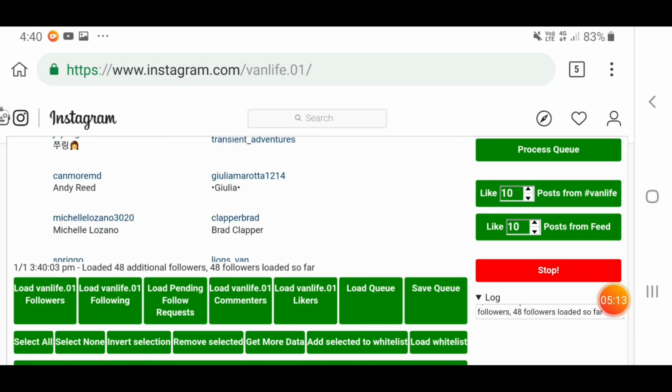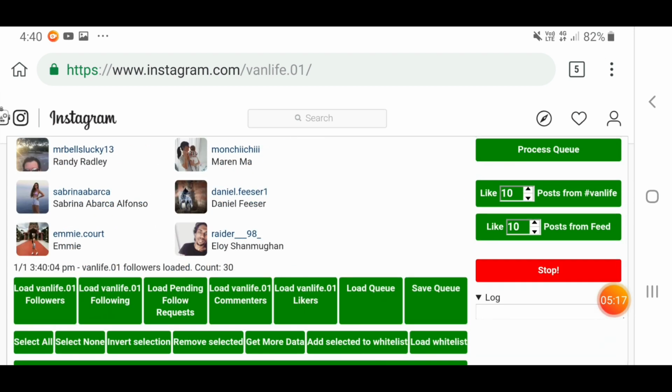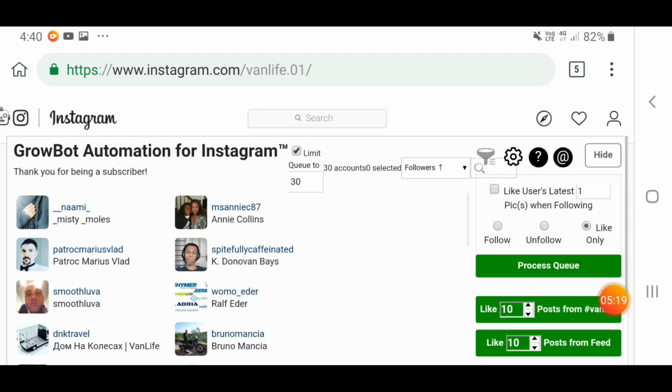So it's scraped those 30 users. Now what this is going to do is go through and like their latest posts. This is just one way of doing a like run. The whole idea is to create reciprocity, to stay engaged with your followers, so they'll in turn reciprocate what you're doing and like your content. So let's proceed. We want to go to process queue,